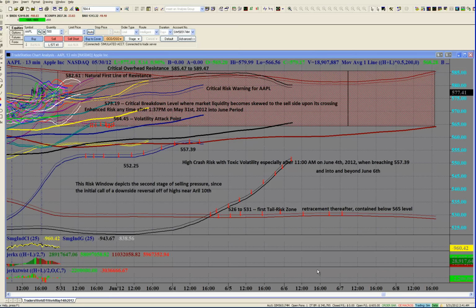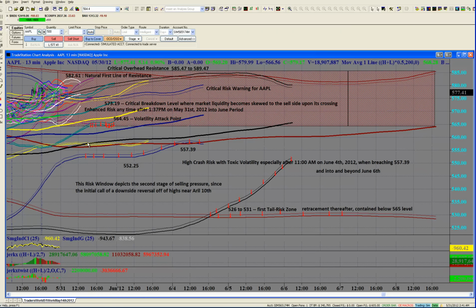And this could be a situation where Apple and the rest of the NASDAQ and Dow and S&P equities suffer a serious blow as we extend into the first days of June, and especially again in the middle of July through early August. Okay? But right now, what I'm seeing on the screen is a confluence